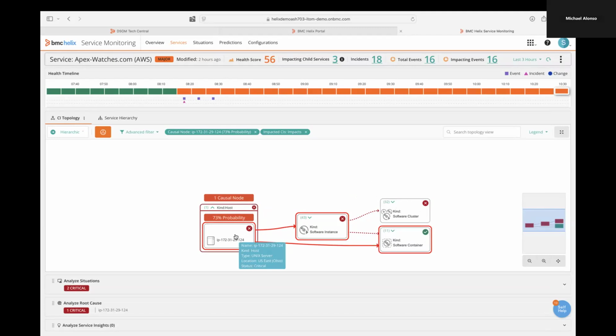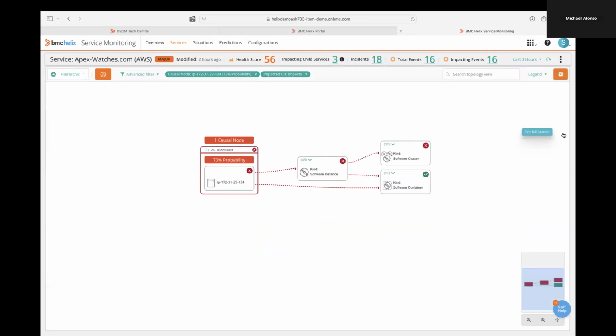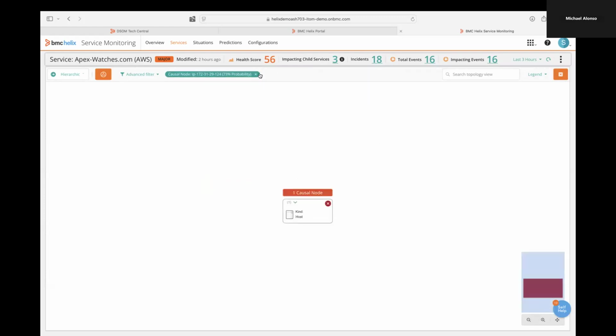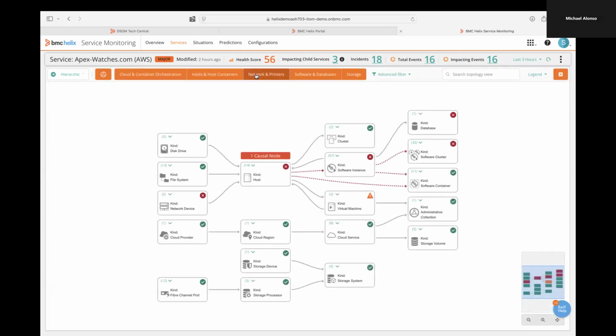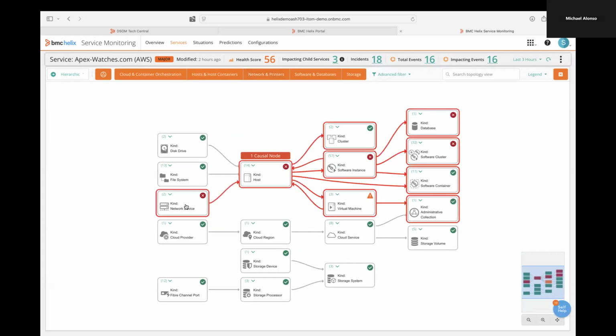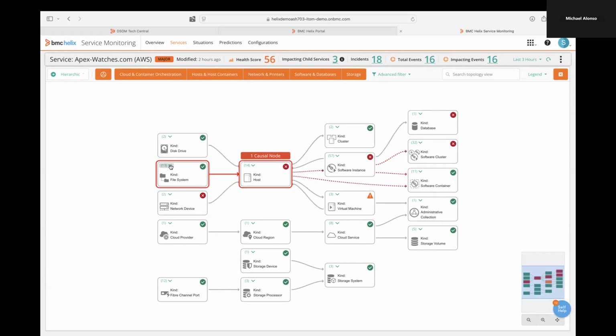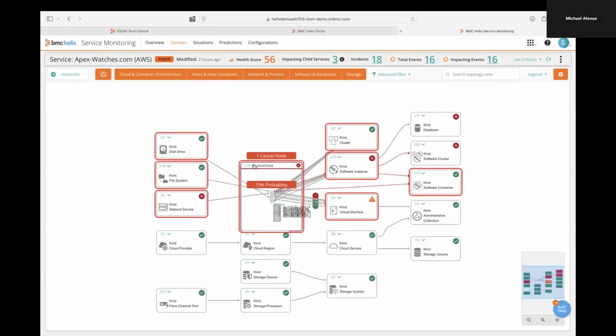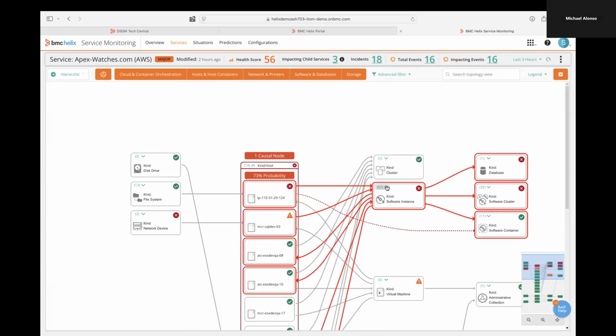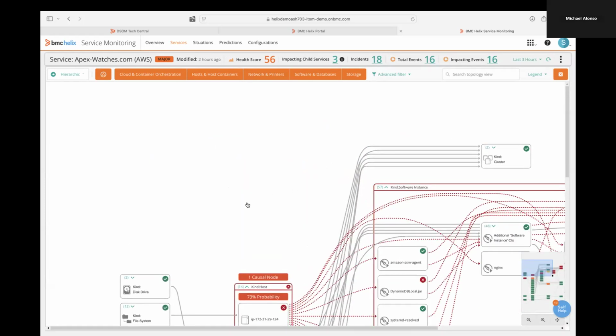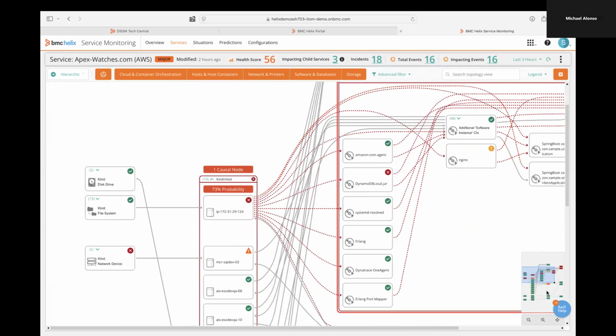And we're going to make this a much larger model. But how do we do that? Well, first off, we're going to need more real estate. So I can click on this icon right here, and it's just giving me more real estate on my screen. And you can see I've got my filters in here. Let's get rid of some filters. Now, it's a little bit bigger than what you just saw. Again, we can start drilling down. Now, what you can see is every one of these has an associated number. And we can start drilling down and we can make this model as large as we need to get a complete picture within the environment.